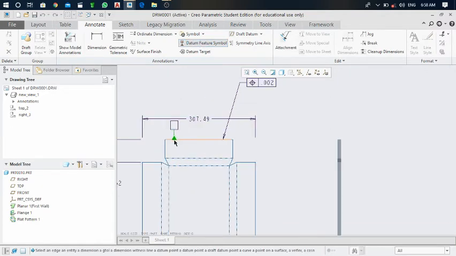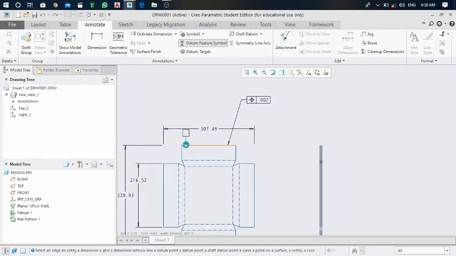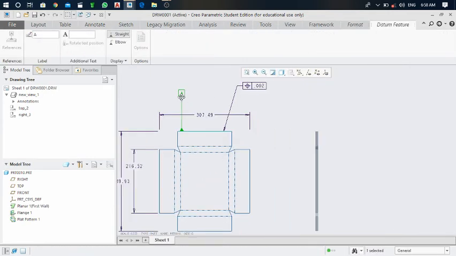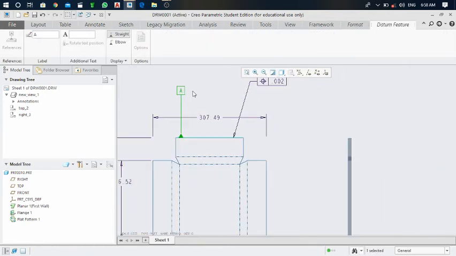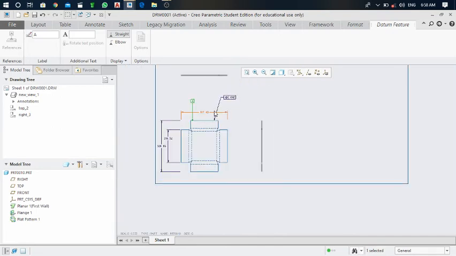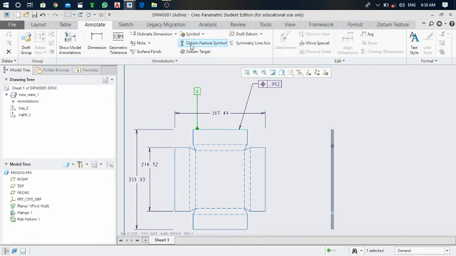Just click on this and put it over here on which edge you want to put. Okay, like this. Now this A indicates the primary datum, so you can put more datums according to your drawing also. Okay, I will just show you how to put and where you can get these options.